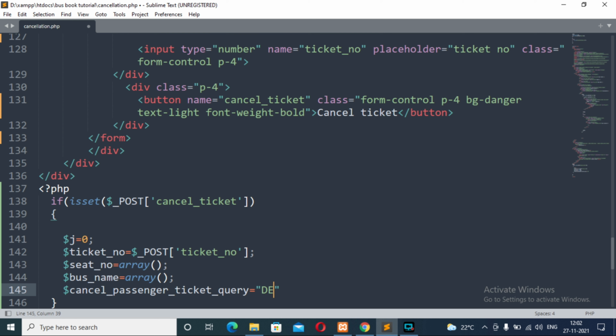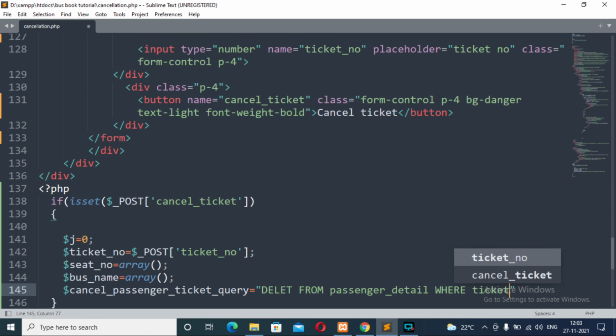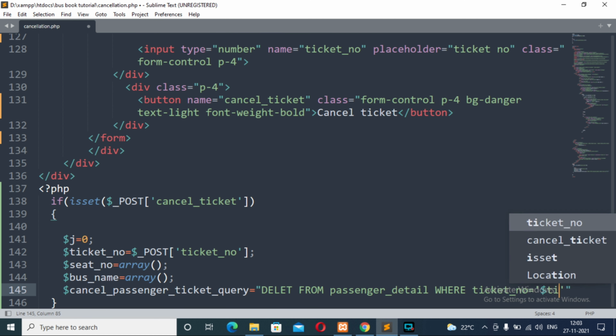So we will write first the SQL query: delete from passenger detail where ticket number is equal to $ticket number.